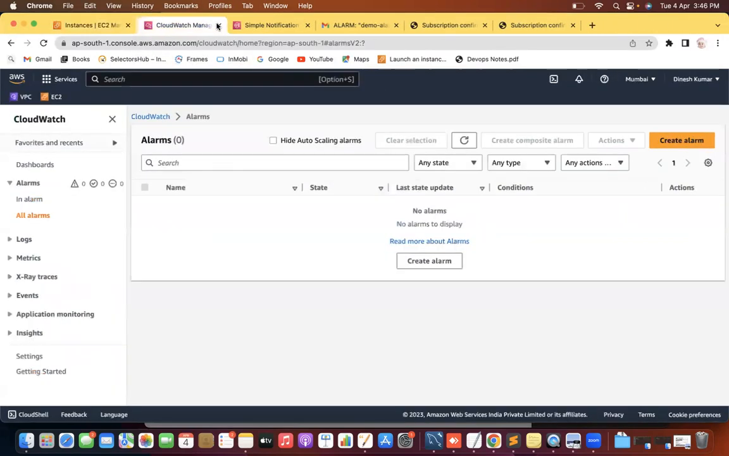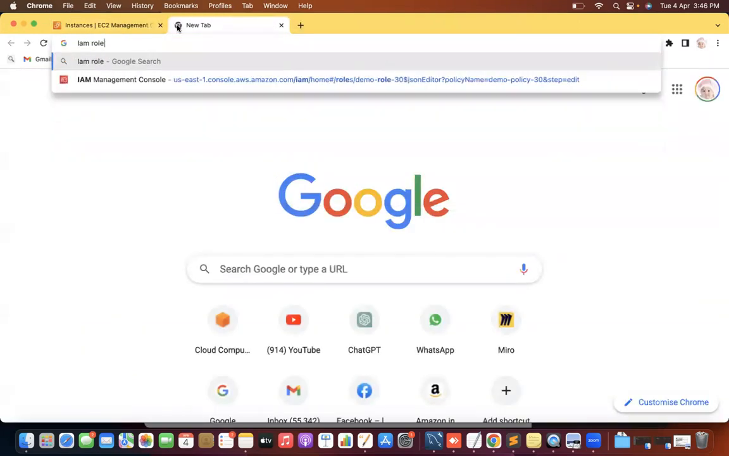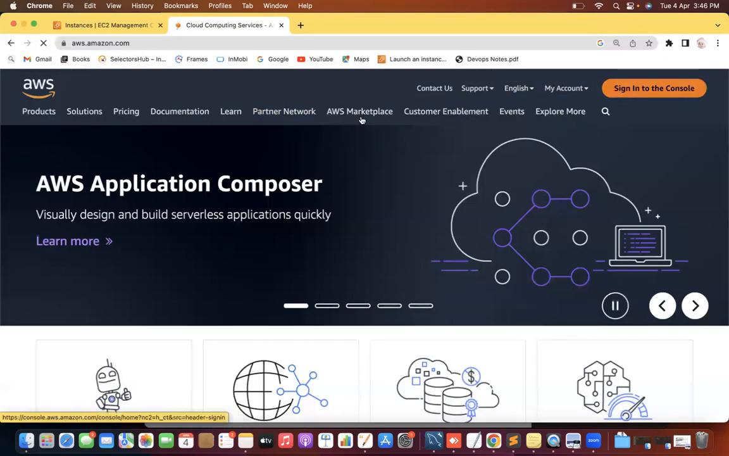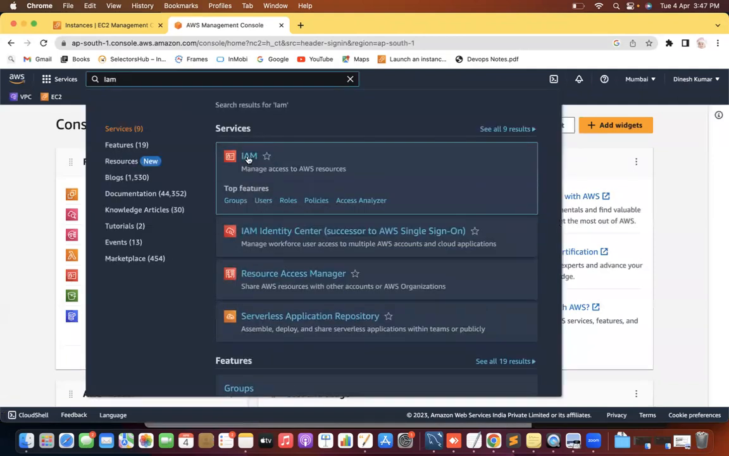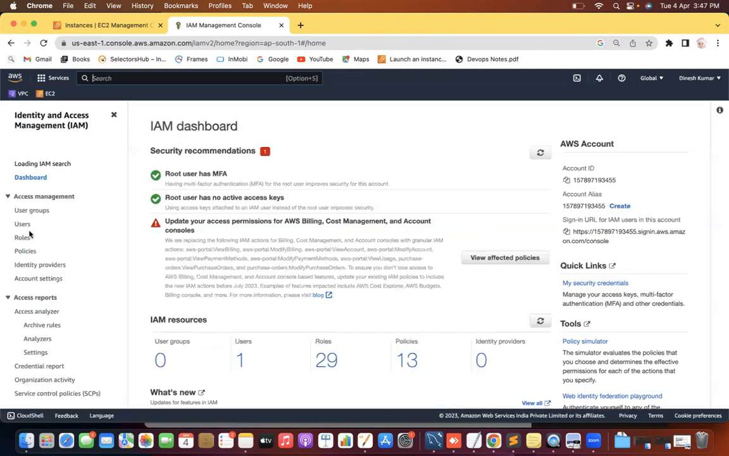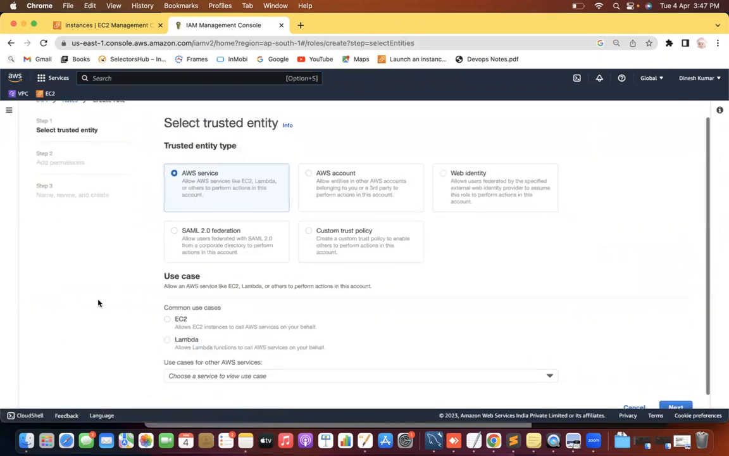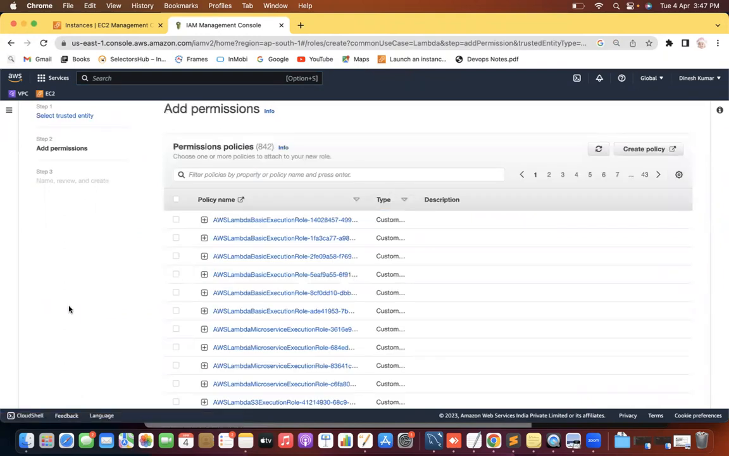The next one, I will create an IAM role, guys, because Lambda is going to access your EC2, right? Access your CloudWatch. For that, I need an IAM role. Click on IAM and go to roles. And here I will create a role, AWS service. The use case is Lambda. Click on next and directly click on